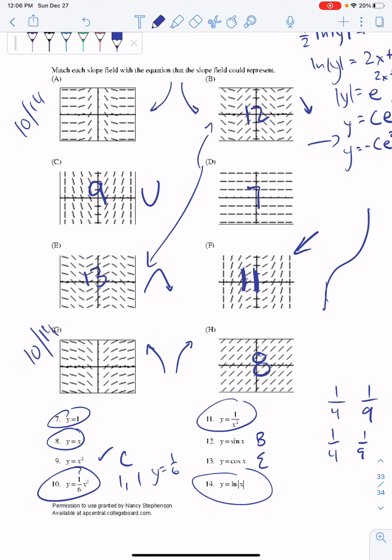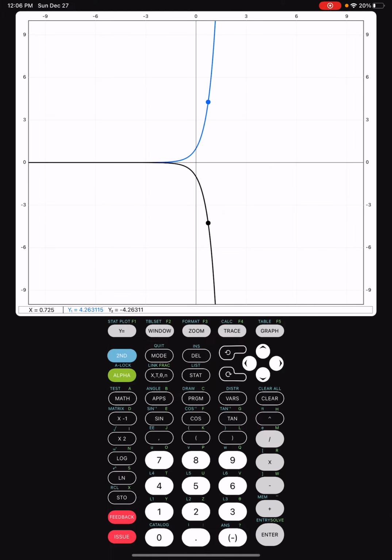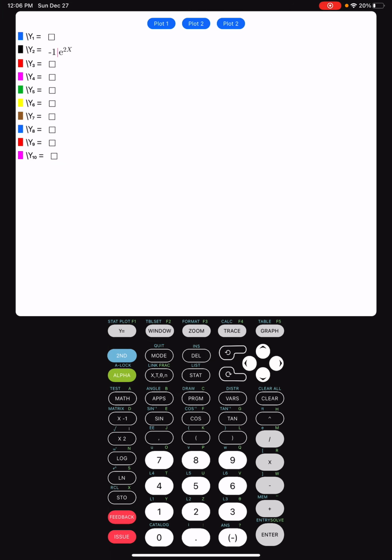Over here, when x is 1, then I'm getting the natural log of 1. So you can plug in numbers and use that to help you figure out what's going on. Or you can graph the picture and look at what happens there. So if you want to go here, I can say y equals, and if I wanted to say 1/6,